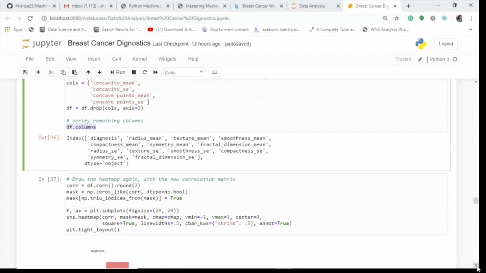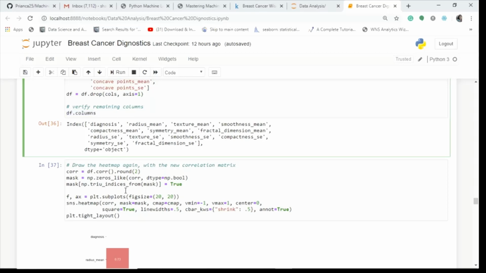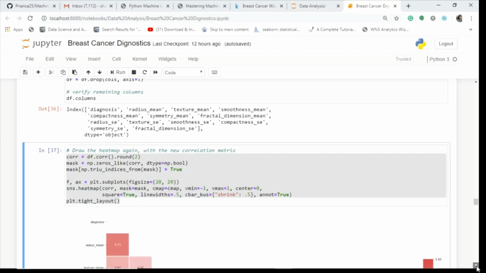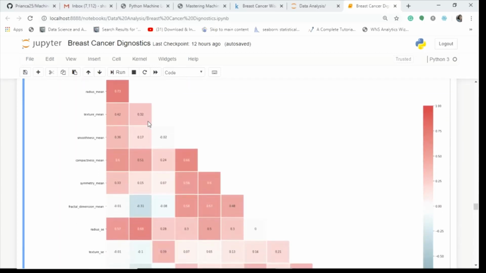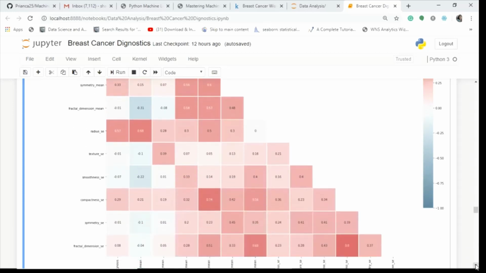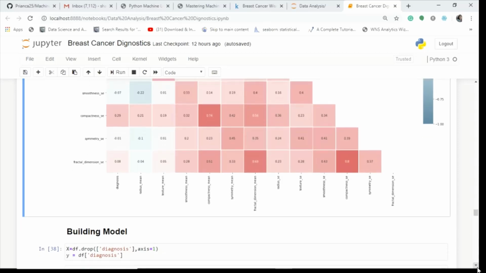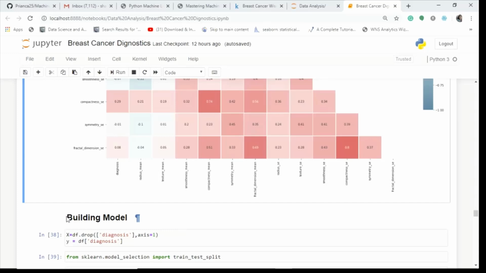Okay. So now I draw a heatmap again to see whether there is any high correlation. So again I use the same code here. I just copy pasted it. And what we see here is that now there is no high correlation. You can just see that it's only 0.73, and see, there is no high correlation. So we have removed the multicollinearity. Okay, right? Now the next point is building the model, which we shall see